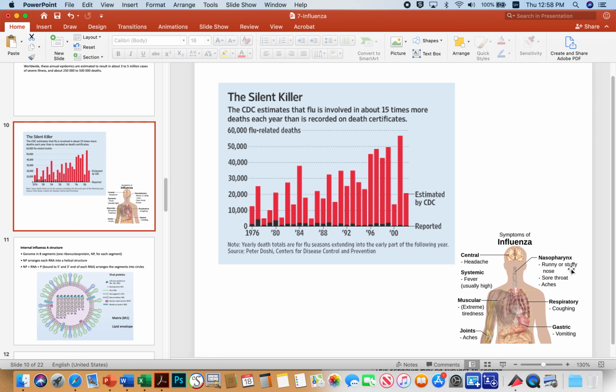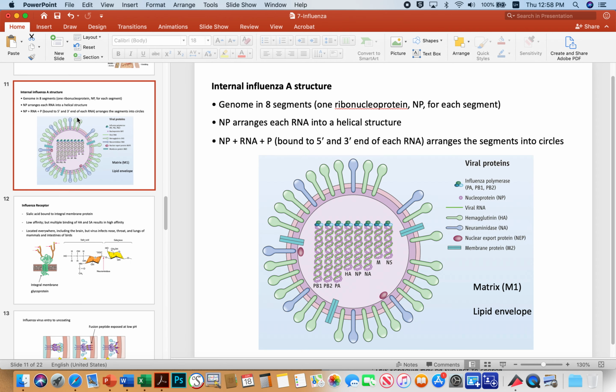The symptoms of influenza: runny, stuffy nose, sore throat, body aches. All of you have had, I'm sure, influenza, and so you know this: extreme tiredness and high fever, and headaches and so forth. So getting into the biology of the virus,